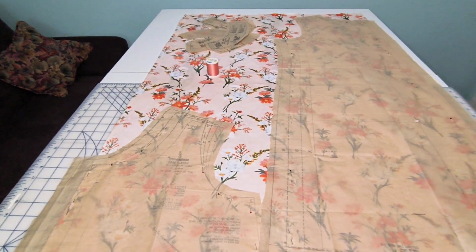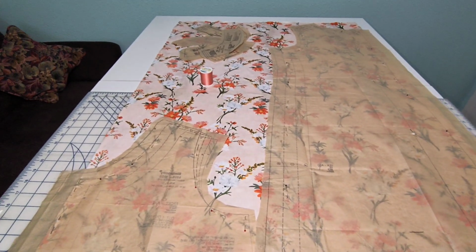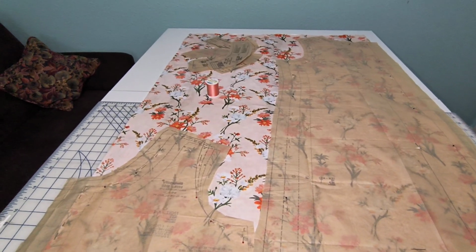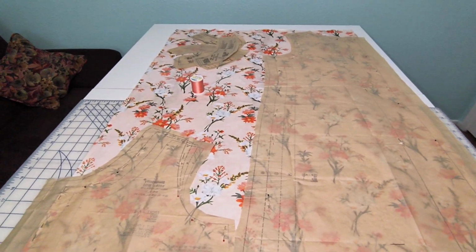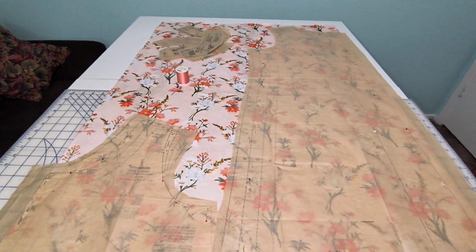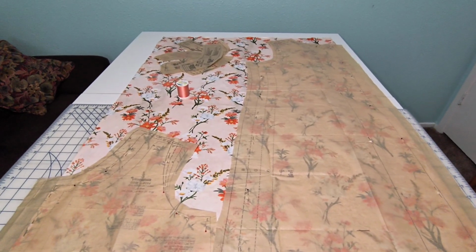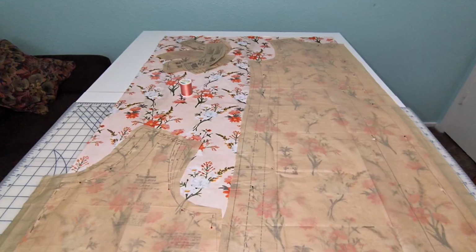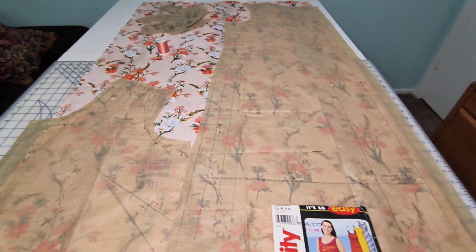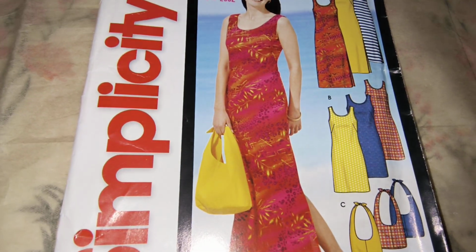I bought this fabric at Joann's fabric going out of business sale, and it was quite pricey even on sale, but you can imagine what it was before. This is a very stretchy fabric, and in order to fit it, this is a 60 wide fabric. So in order to fit the B view, right there, the shorter one below the knee,